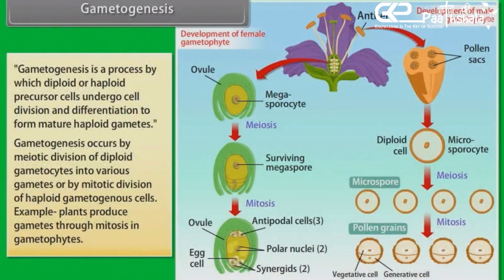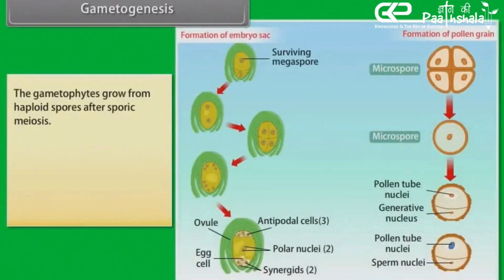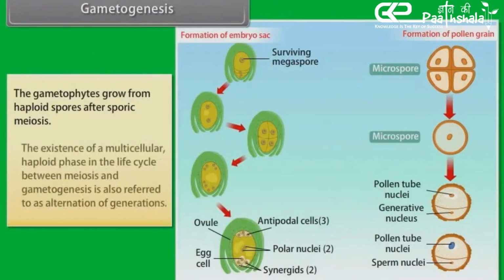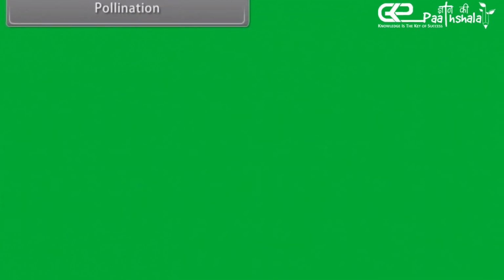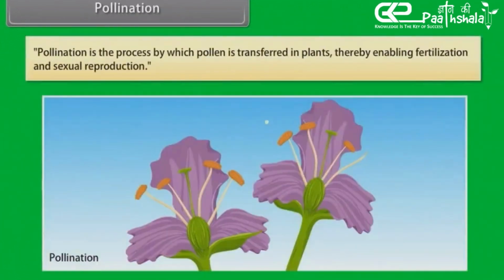Example: plants produce gametes through mitosis in gametophytes. The gametophytes grow from haploid spores after sporic meiosis. The existence of a multicellular haploid phase in the life cycle between meiosis and gametogenesis is also referred to as alternation of generations. Pollination. Pollination is the process by which pollen is transferred in plants, thereby enabling fertilization and sexual